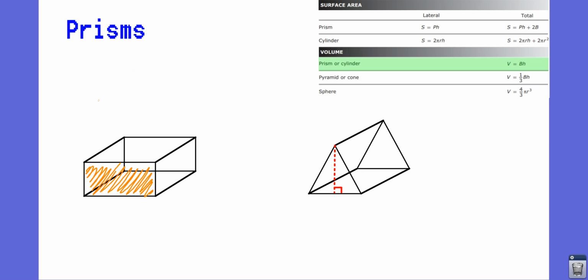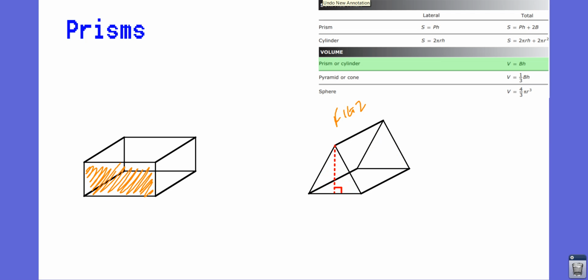And you can see that the only two pair of parallel sides over here on figure number 2 is the triangles. So that would make it a triangular prism. The parallel sides are where you're going to define your base. And the reason it doesn't matter on a rectangular prism is because all the sides are parallel to each other. At least opposite sides are parallel. So